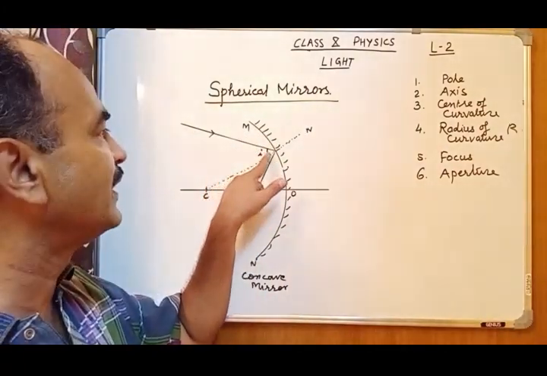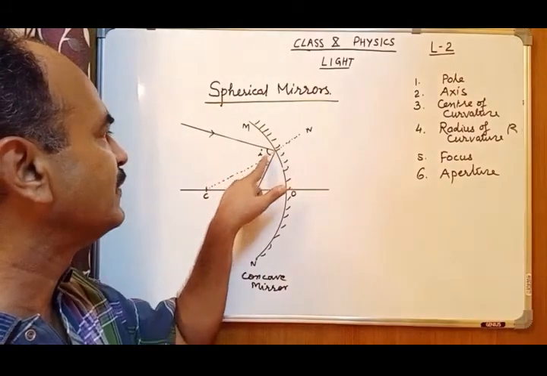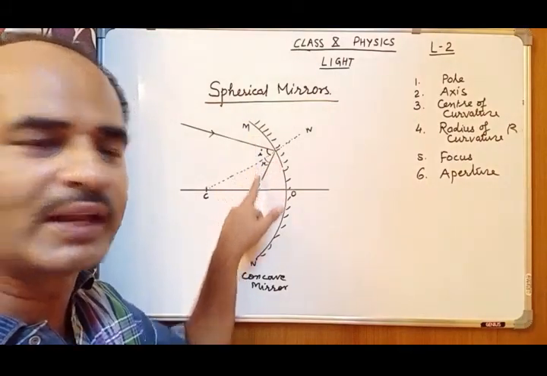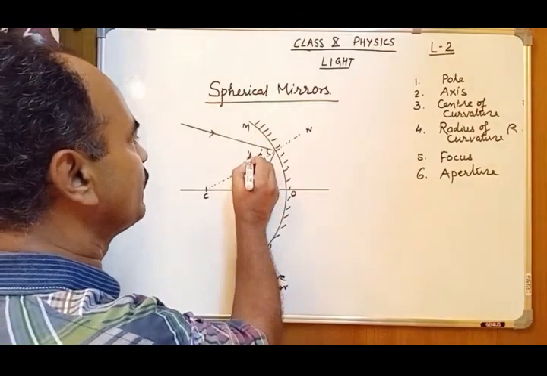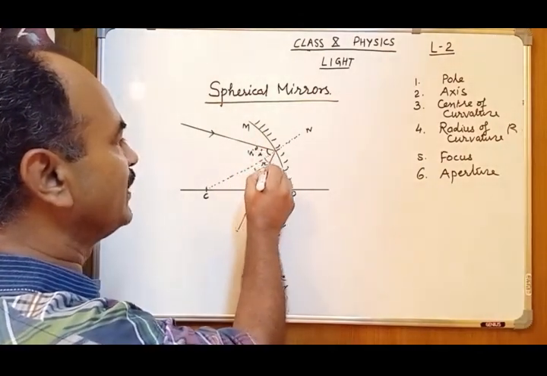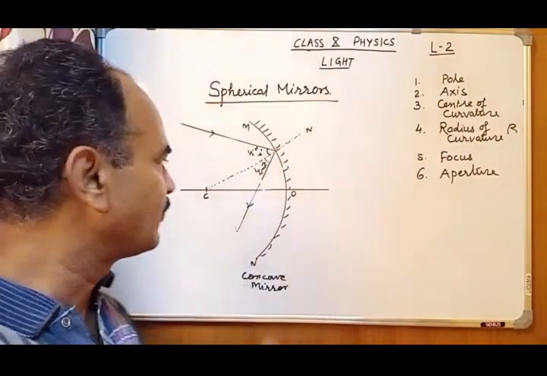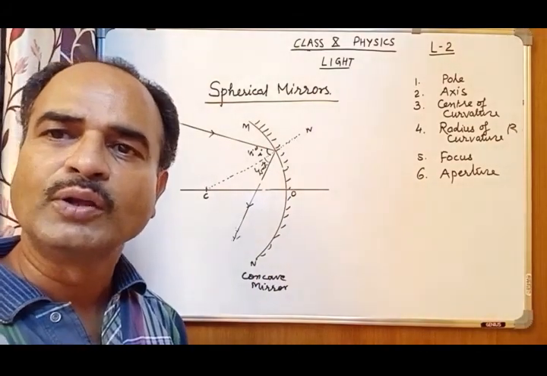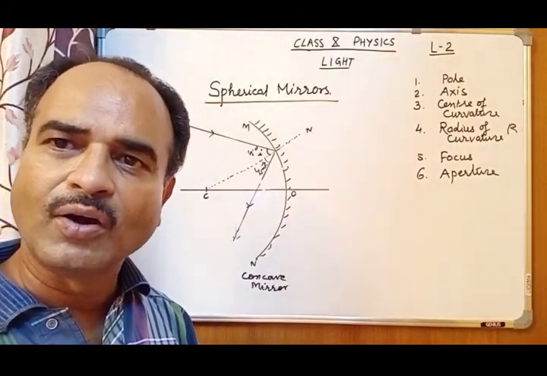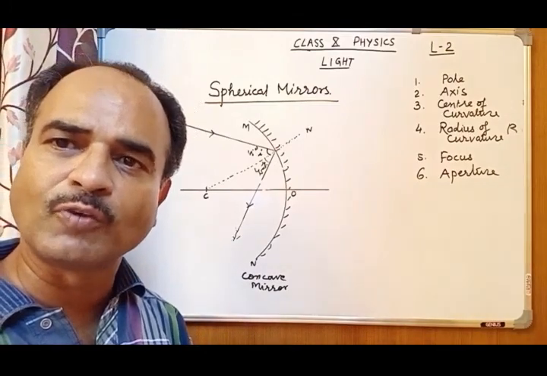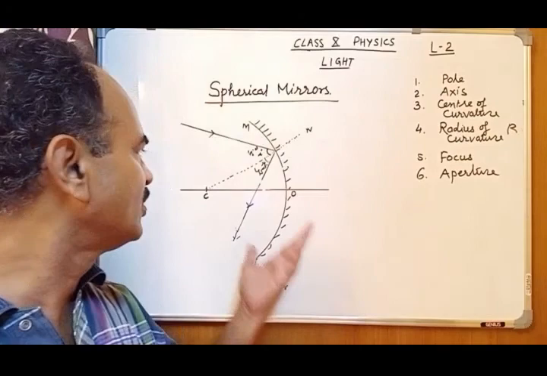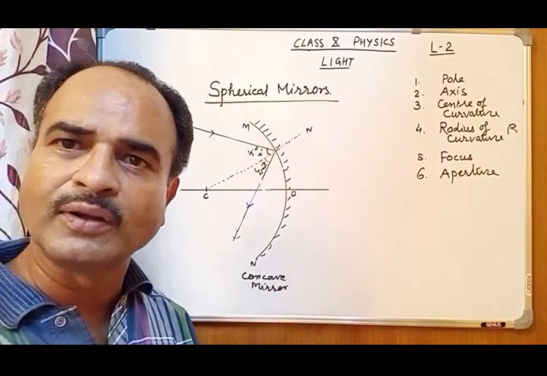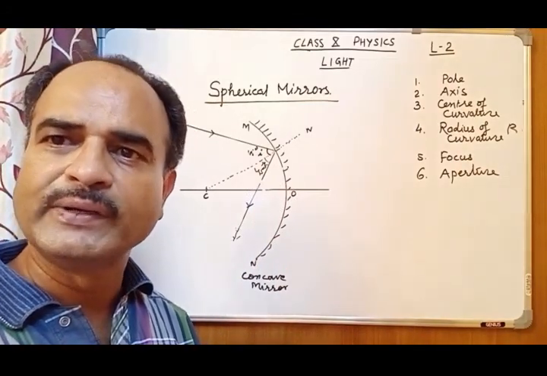So this is making an angle of incidence equal to i. Then it will be reflected following this angle. This will make an angle r such that i and r are both equal. Suppose this is 45 degrees, then r will also be 45 degrees, and it will go in this direction. So this is one example of how any ray falling obliquely on the surface of a curved mirror will pass after following the law of reflection. It may or may not pass through the focus. It depends upon the angle it is falling at and other factors also. So we will be discussing case by case.